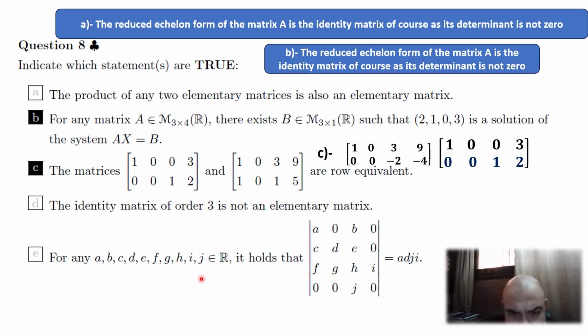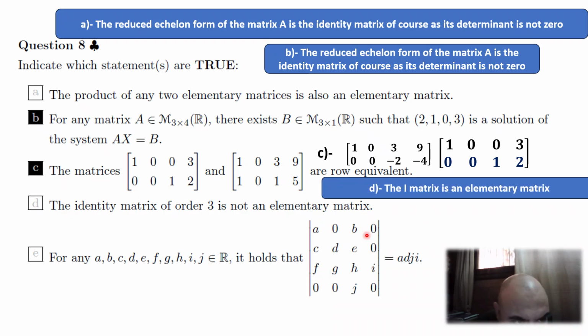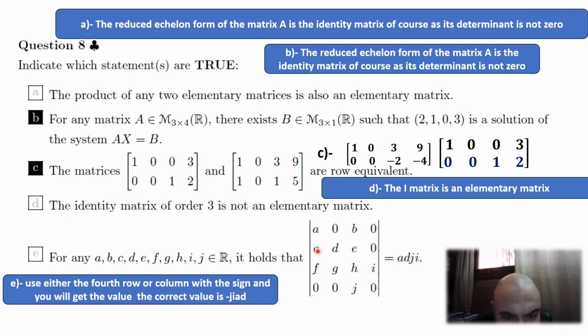And for the last question, this is something like a question that has been in the previous exams. If you try to evaluate this determinant, I believe it's going to be a very good idea to use the fourth row or the fourth column. I think I used the fourth